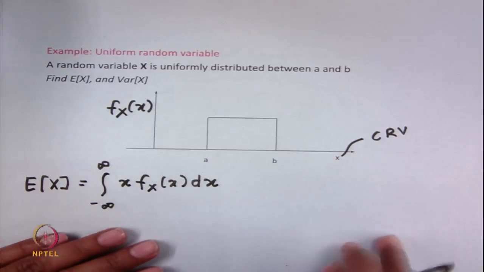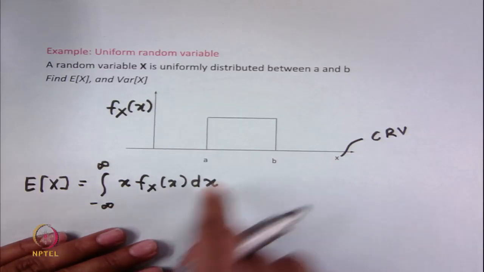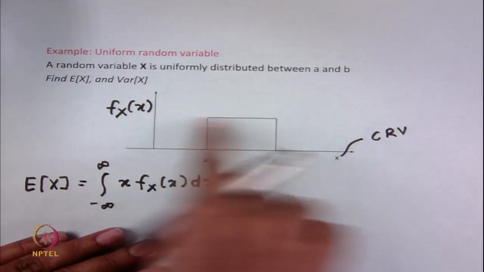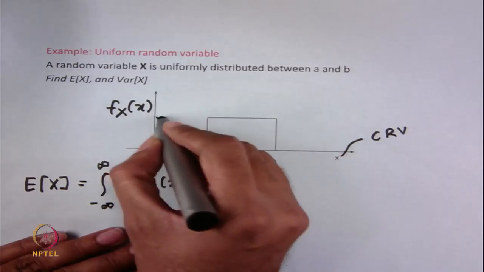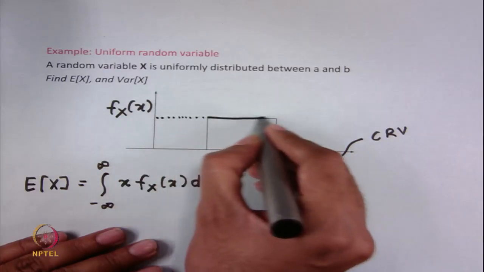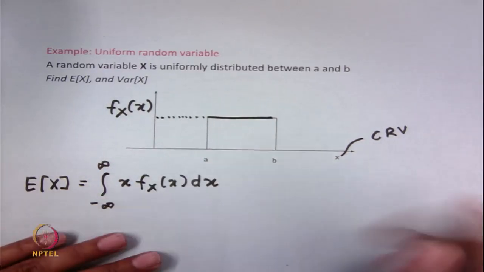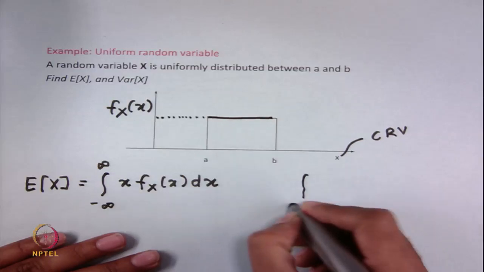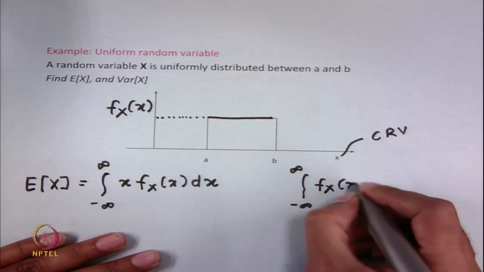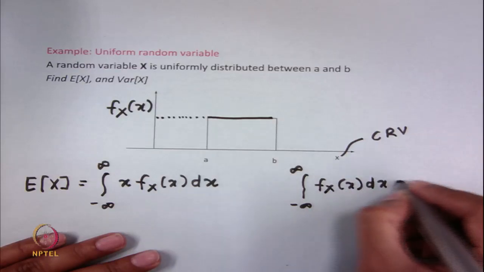Now, what you may worry about is that this probability density function, though it looks uniform, we do not yet have a value. What value does it take at this point, right? But you can easily obtain this if you use the property that the integration of the probability density function from minus infinity to plus infinity is 1,